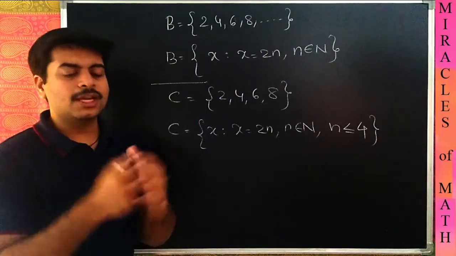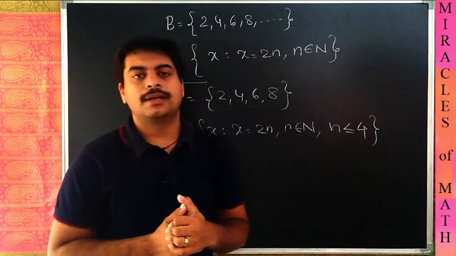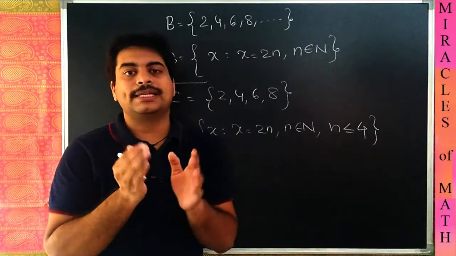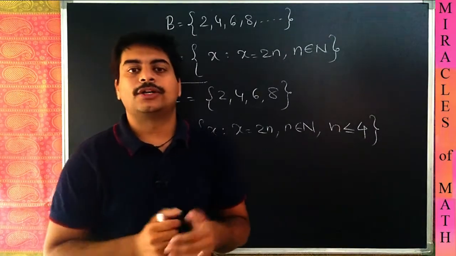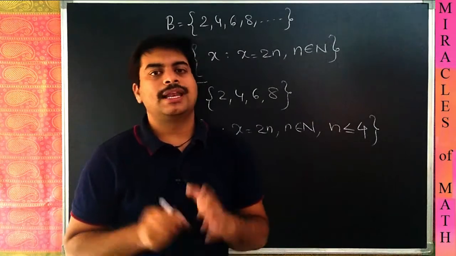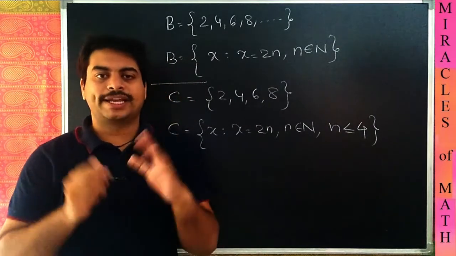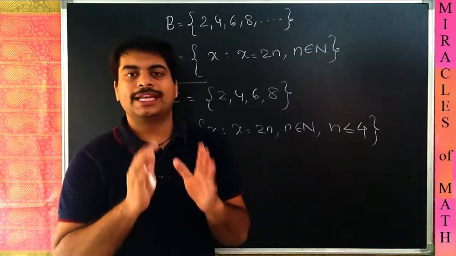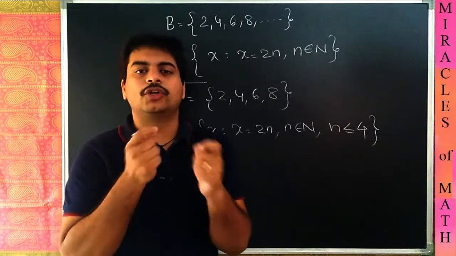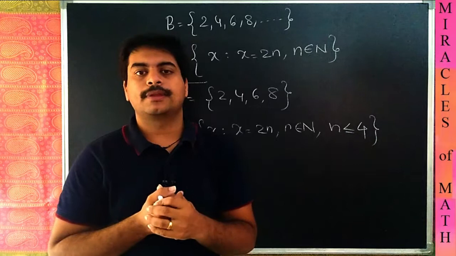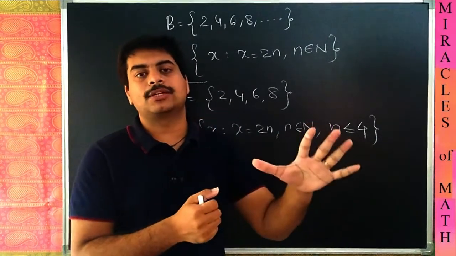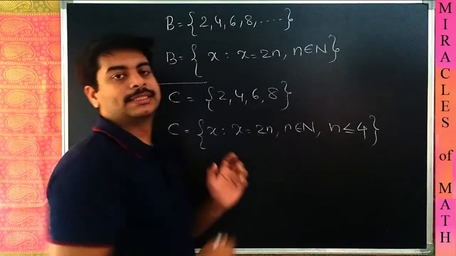Understood? Now we'll take some more examples. One more example: set of all good players in the Indian cricket team. How many members? 11 members will be there in the final cricket team who are going to play. All good. What is the meaning of good here? Who will judge good? I will say all 11 are good, and I will write all the 11 members' names.